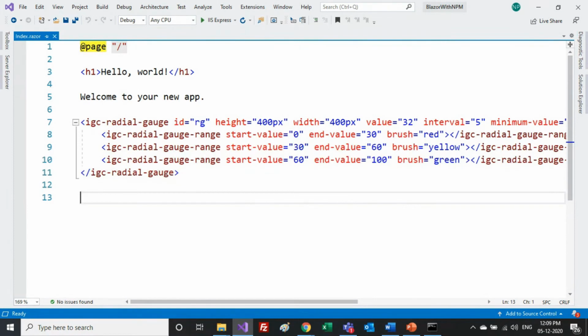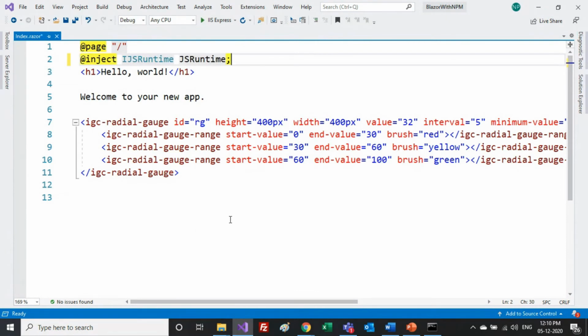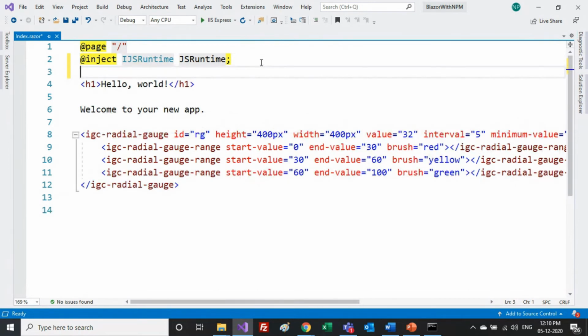So what we should do for making a JS interop connection in this application? First thing that we require, we need to import its dependency. So now I'm going to import a dependency for JS runtime. Simply you have to inject a dependency, and you don't have to worry about its instance, because as you have mentioned over here, inject. The default dependency injection architecture of this Blazor application will get you an instance for this runtime environment of JavaScript by default, as this instance variable. So you don't have to worry about it, you will get it by default.